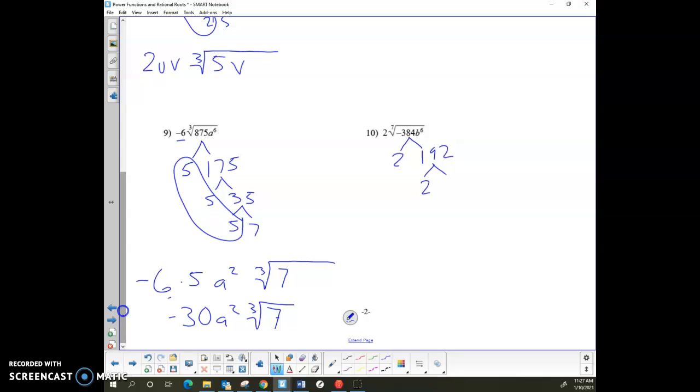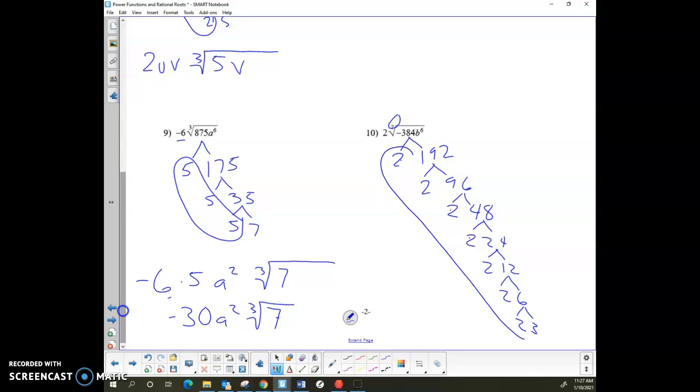Again, even, has to be divisible by 2. Ends up being 96. 96 is again even, just 2 and 48. 2 and 24. We've got 2 and 12, and 2 and 6, and finally 2 and 3. My index on this one is 7, so I need groups of 7. So I've got 1, 2, 3, 4, 5, 6, 7 2s. So there's one group. So I'm going to bring back my 2 that I started with, bring out another group